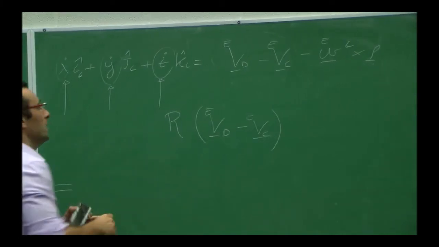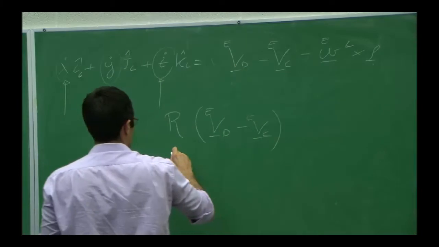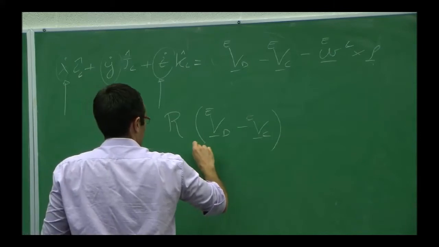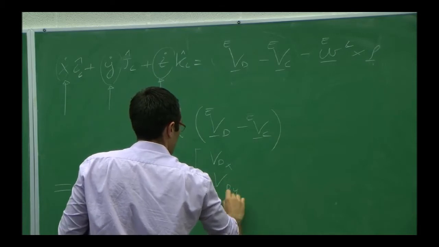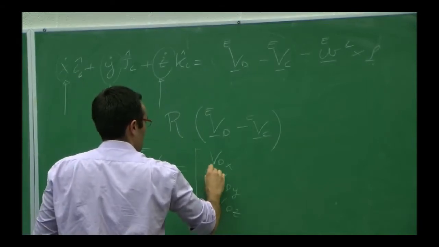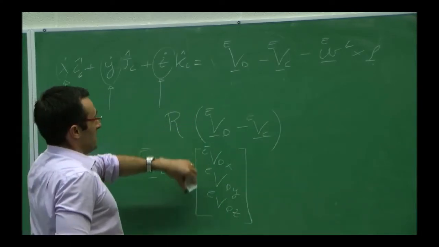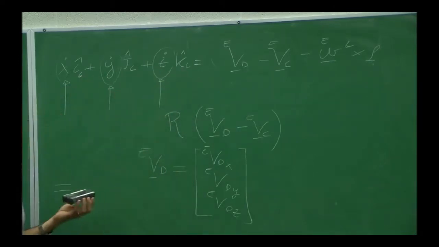Make sense? Okay. So to express everything on this side in the same basis, I have to take the VD in E, which corresponds to some VDX, VDY. It's a three-component vector, right? If you think about MATLAB, it will be three numbers, like this. This is expressed in ECI. I have to express it in this basis to be able to go component by component and equate them.